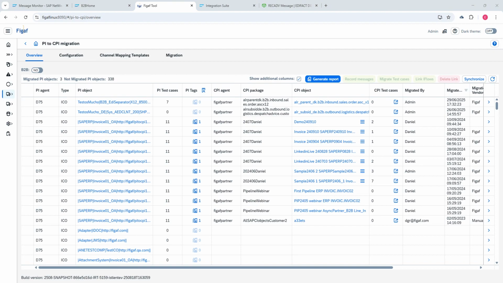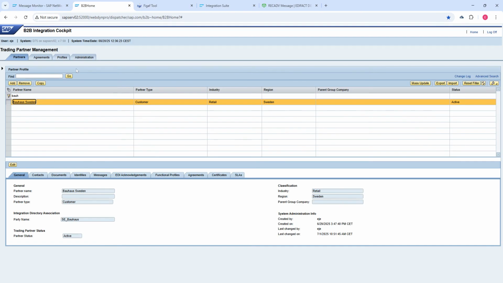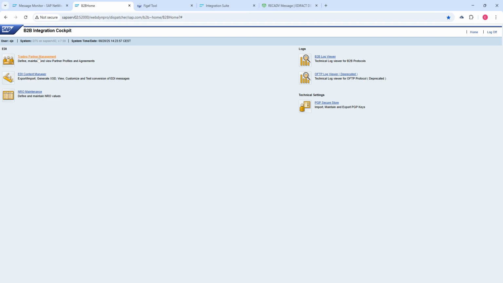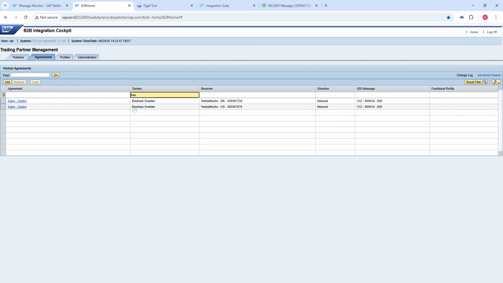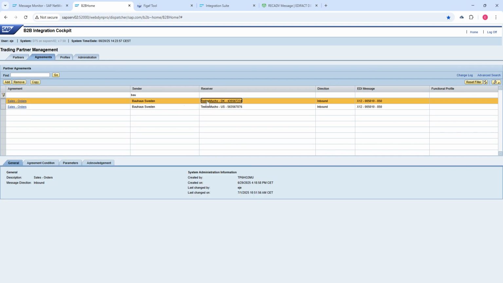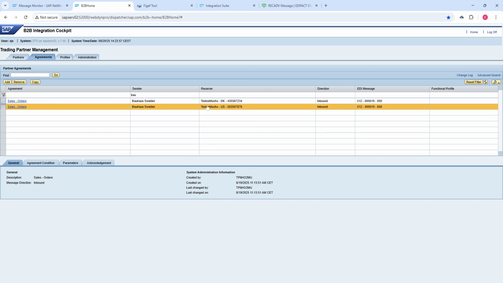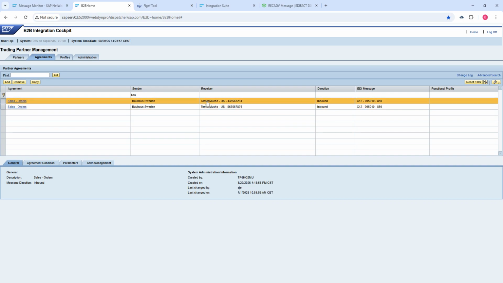And a starting point in PI could be your B2B TPM, where in here you would also have some agreements in place. For this case, we were interested in Bauhaus Sweden, where we can see that we now have inbound sales orders coming in. And in this case, for our companies, we have agreements in place for two different